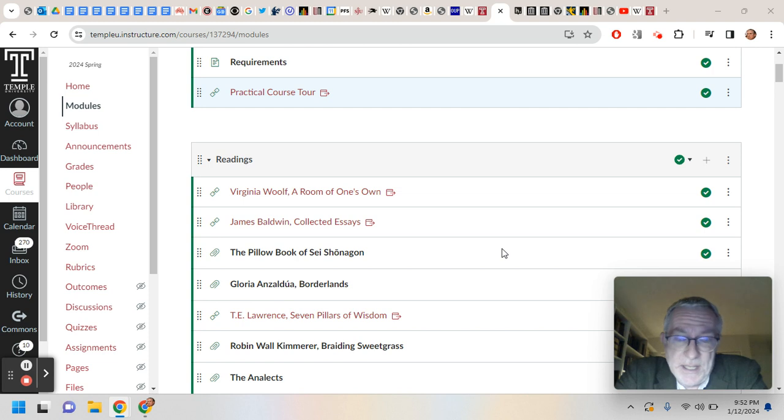The idea is that we'll make connections between these texts as we go along. They'll be part of your work for the course. There are plenty of connections. There always are between good books, at least, and these are good books. There are always connections. There are always ideas that relate to each other. So, what are we reading?